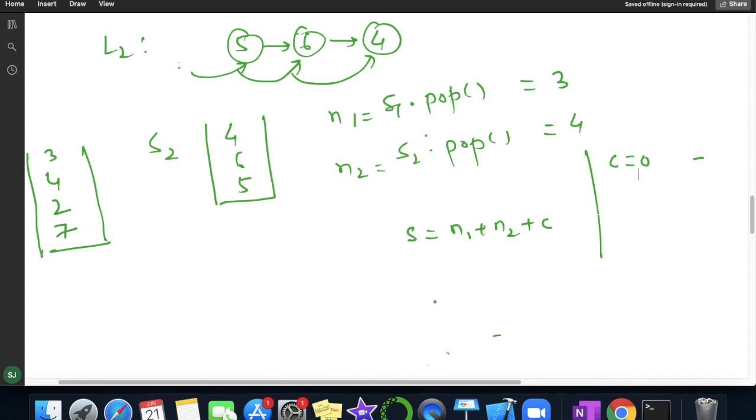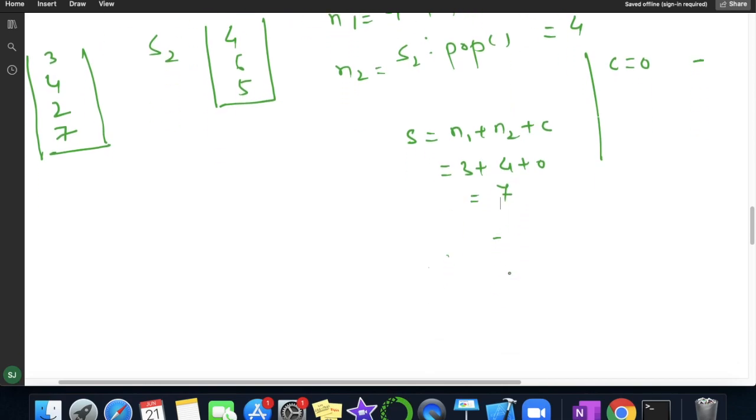Okay, now we got N1 as 3, so 3 plus 4 plus 0. We got the value 7. Now we will apply the formula for getting the value and the carry. V will be S modulo 10, the same previous formula, and my carry will be S divided by 10.